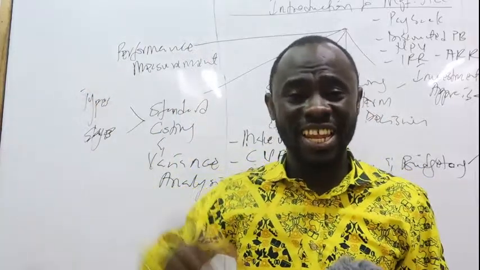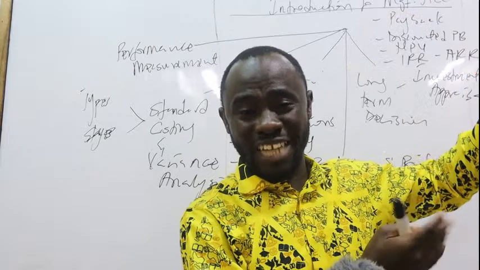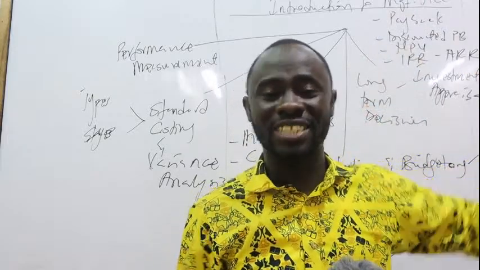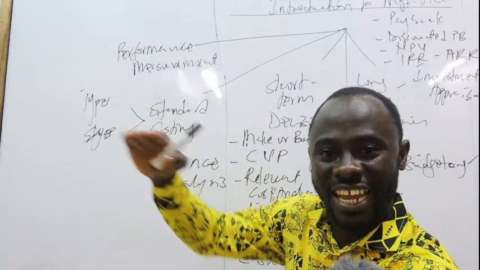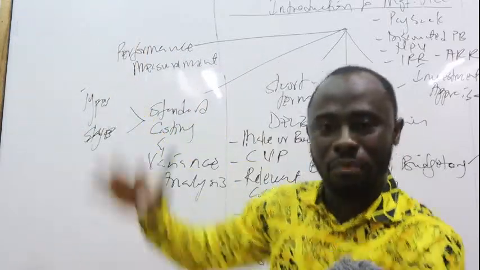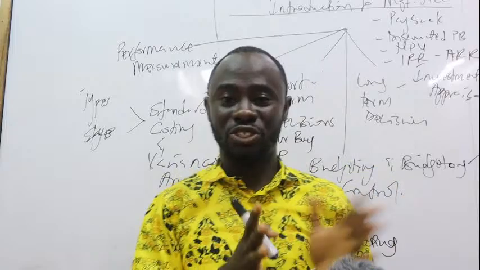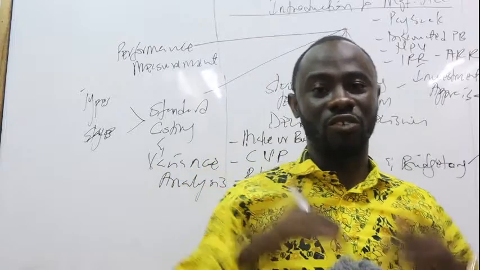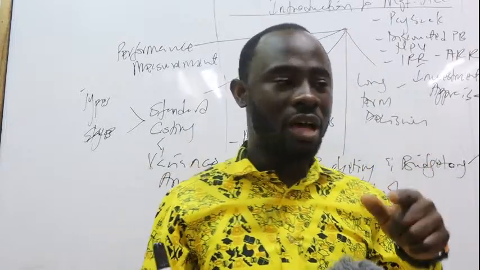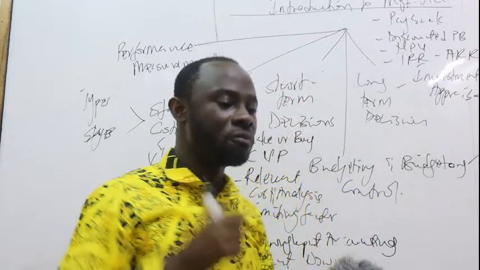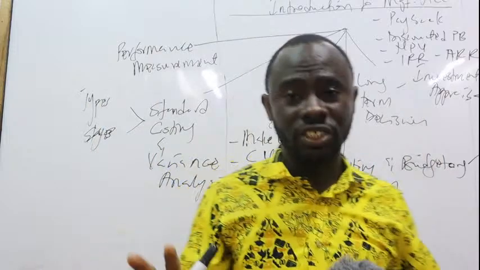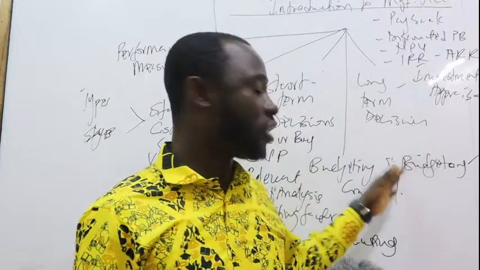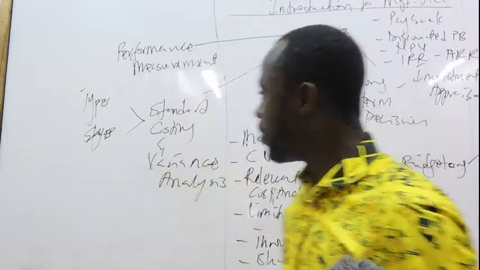Then after that, we can prepare the master budget, which is the budgeted income statement, and then the budgeted statement of financial position. So you need to understand it in the stages, in that step, in the process, in order for you to actually increase the chances of understanding it and ultimately passing the examination. So that is also the key thing we need to understand when it comes to budgeting and budgetary control. You've got to make sure that you master that area very well.